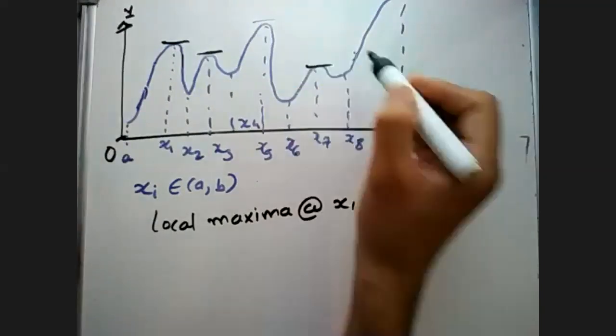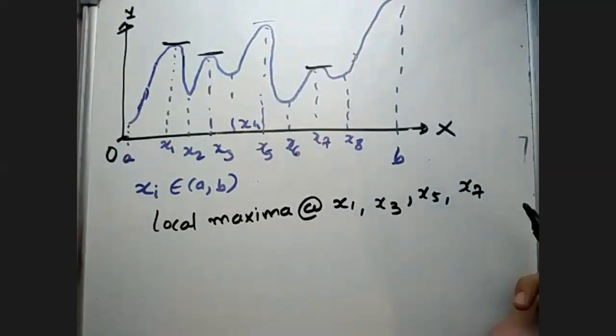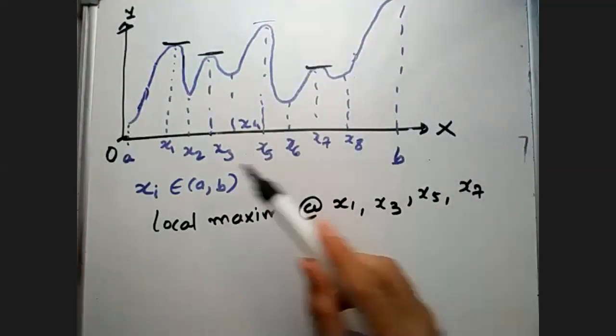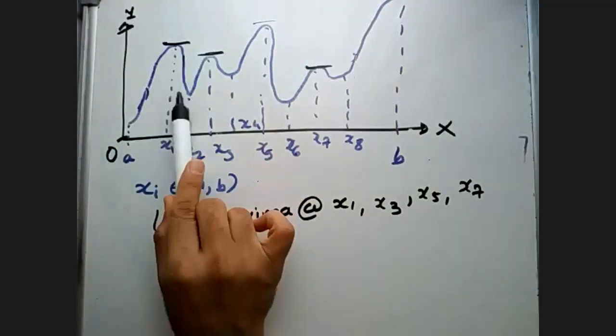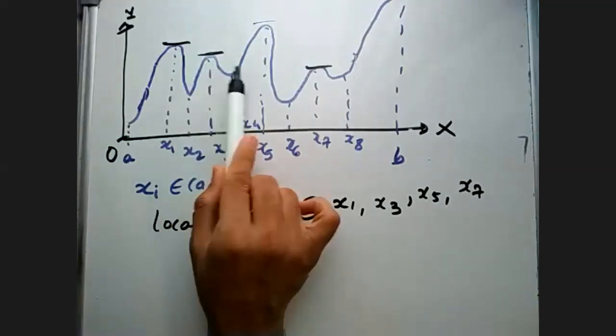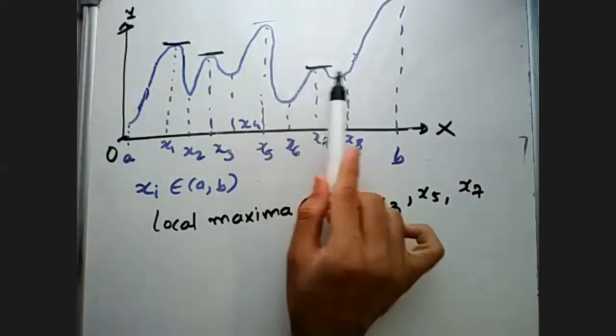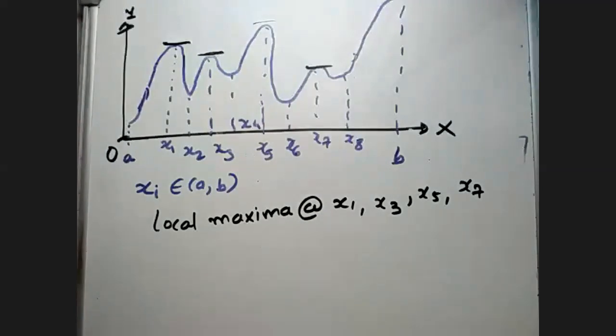So what is the condition of local maxima? It should have maximum value with respect to its neighborhood. You just have to see its small neighborhood, its small neighborhood, its small neighborhood. There is a dialogue in Hindi movies: in your own street even a dog is a lion. So each of these is a lion of its own street.